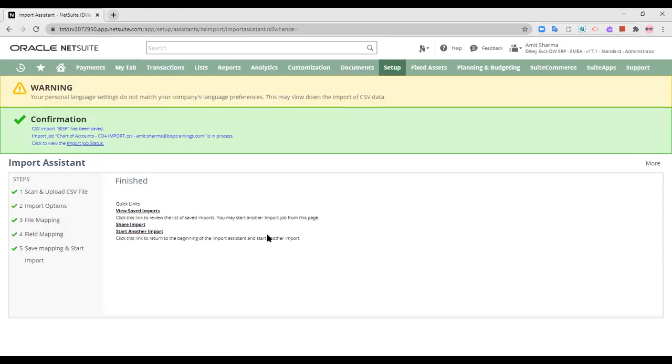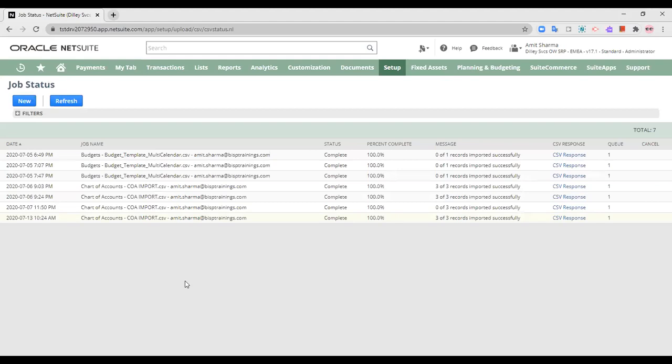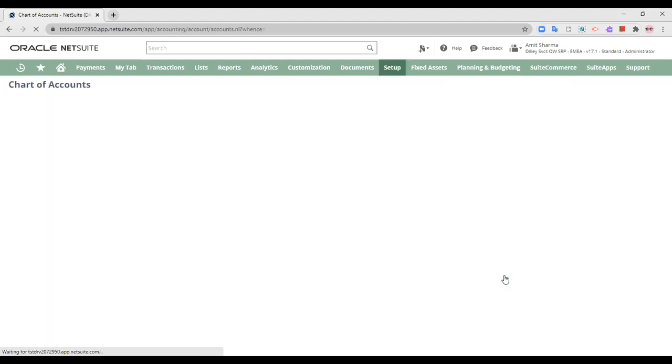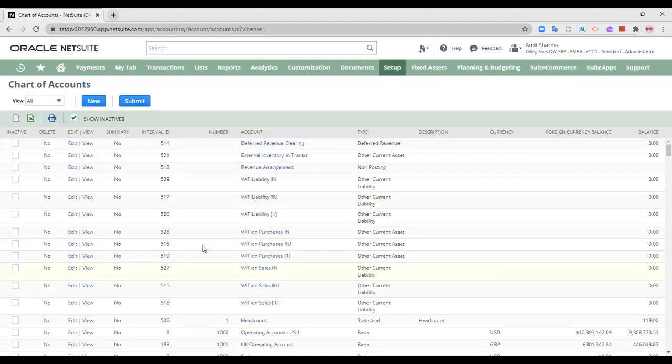As you can see, I have got the confirmation. Now I can view the import status. This is the import status where 3 of 3 records have been imported successfully. Let us go back to our chart of accounts so that I'll be able to see whether my accounts have been imported or not.